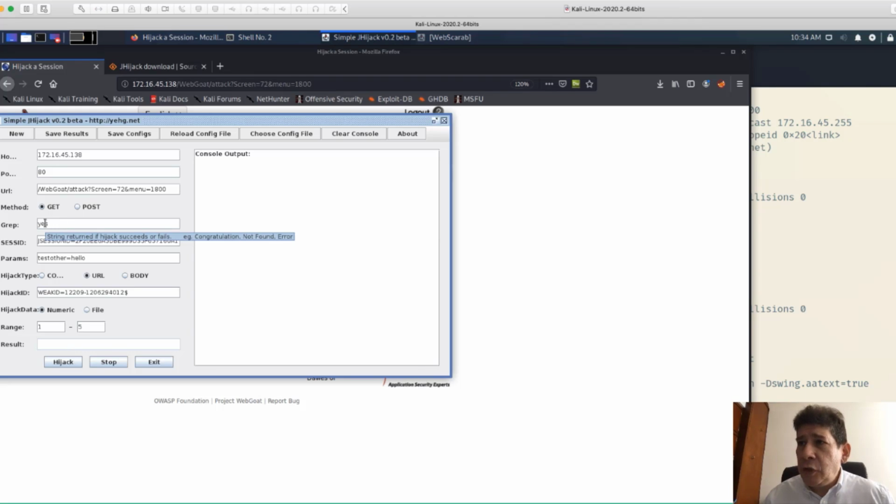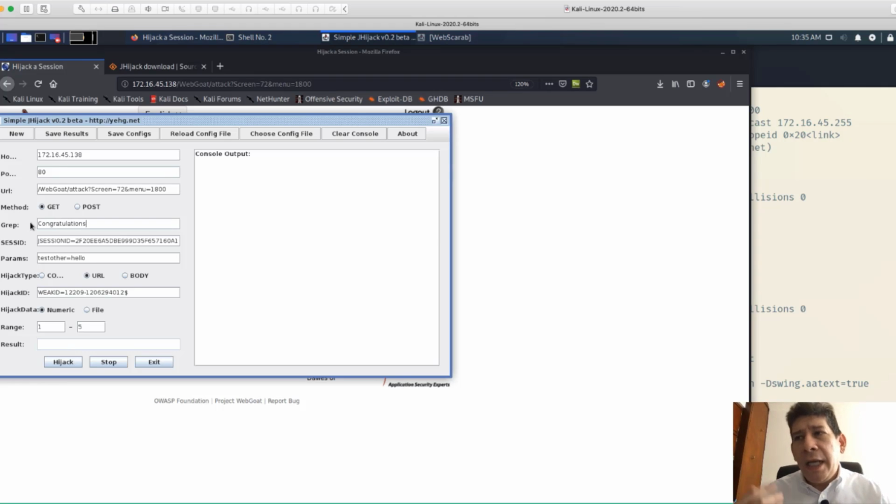In Grep, normally you need to put the word or the string this tool is going to look for to know that you achieved to log in. Maybe this word will be welcome, congratulations, hi, welcome back, okay? Something that lets this tool know that it can log in. Because if this is a dumb tool, you just need to tell it everything. So in this case, we are going to say